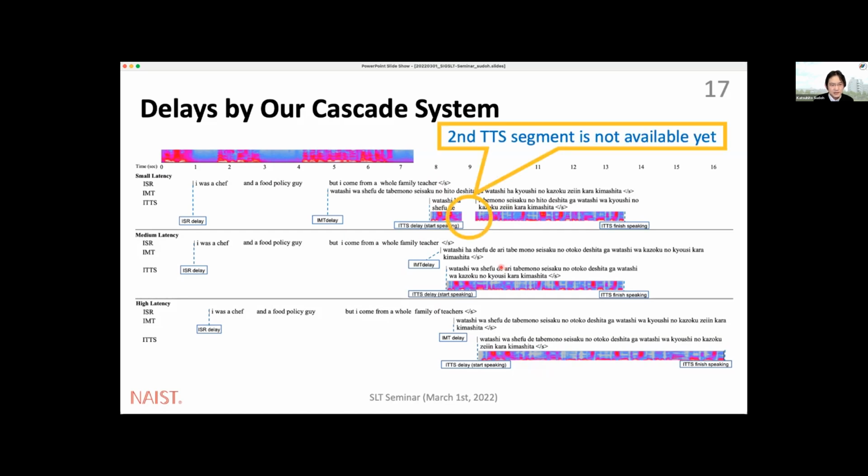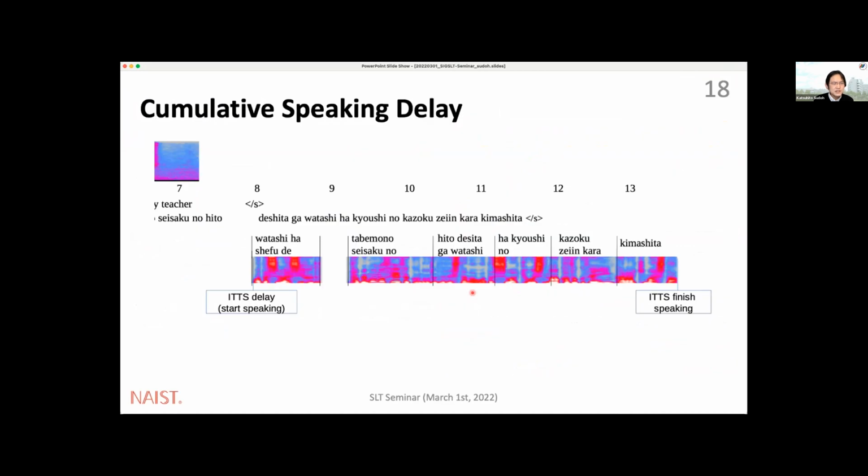And we can see the second TTS segment is not available yet at the time of the end of the first segment output. But in the medium and high latency conditions, the output speech is connected. So even if we have so many output speech segments,